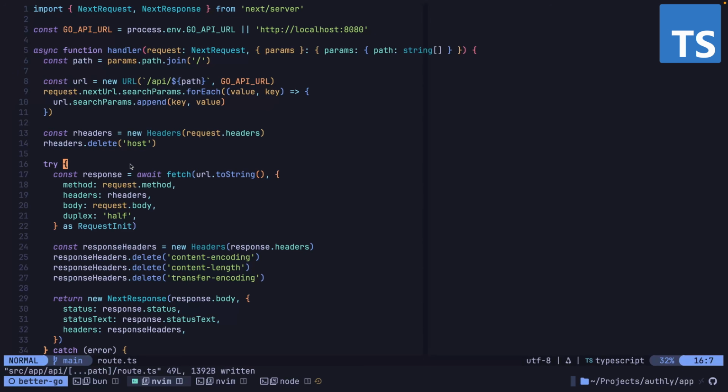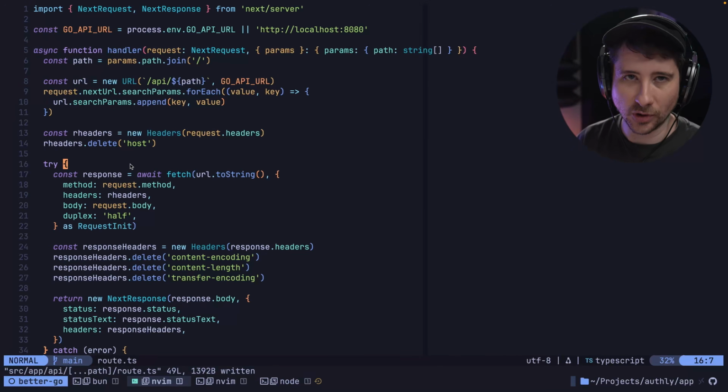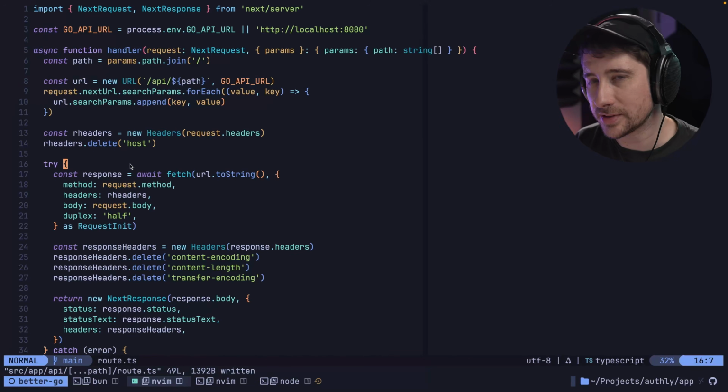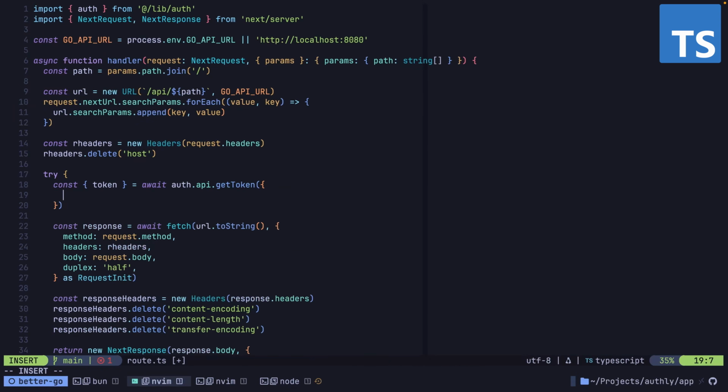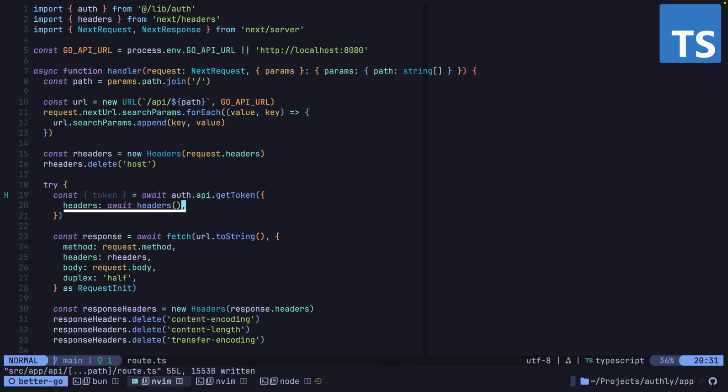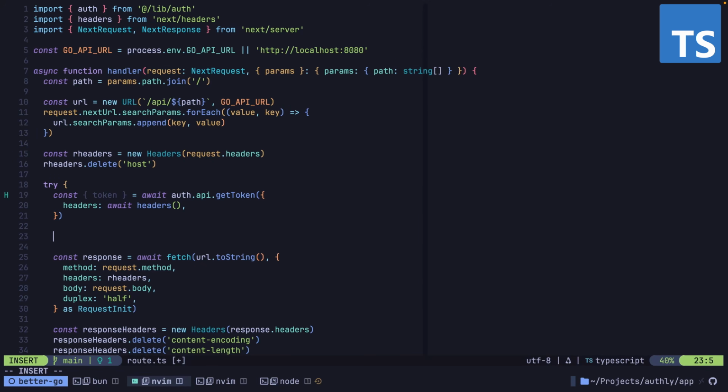In any case, to show how this works, I have the following API route set up in my Next.js server, which will catch any requests that are sent to the /api path and proxy them to the Go API server. Adding authentication to these proxied requests is pretty much the same process that we've seen already. First, obtaining the token using the auth API get token method, passing in the request headers as follows. Then, with the JWT in hand, we just need to set this as the bearer token in the proxied request's